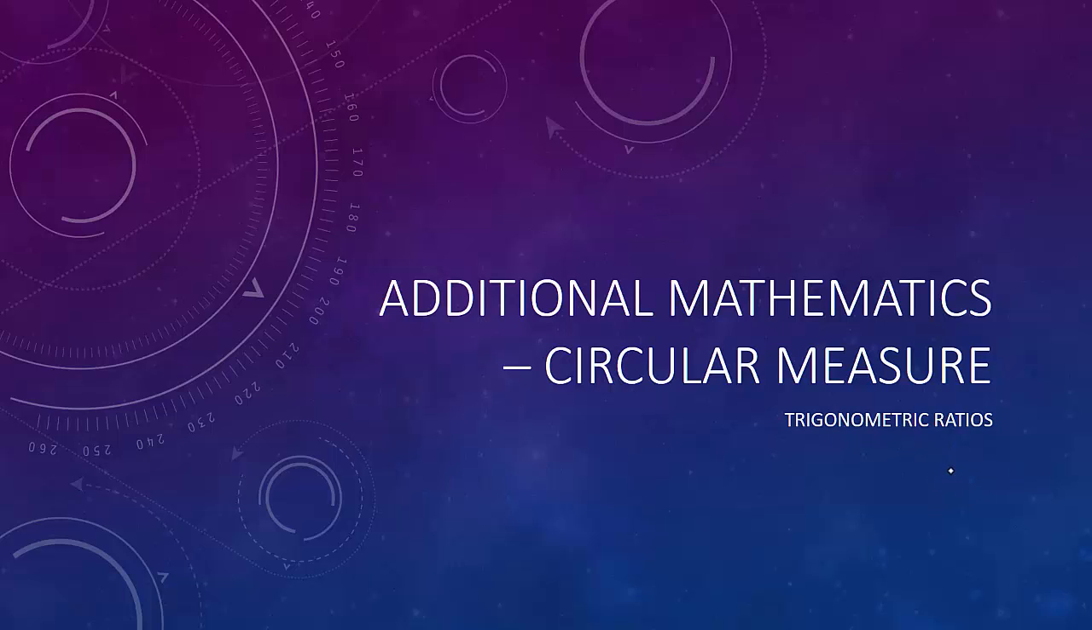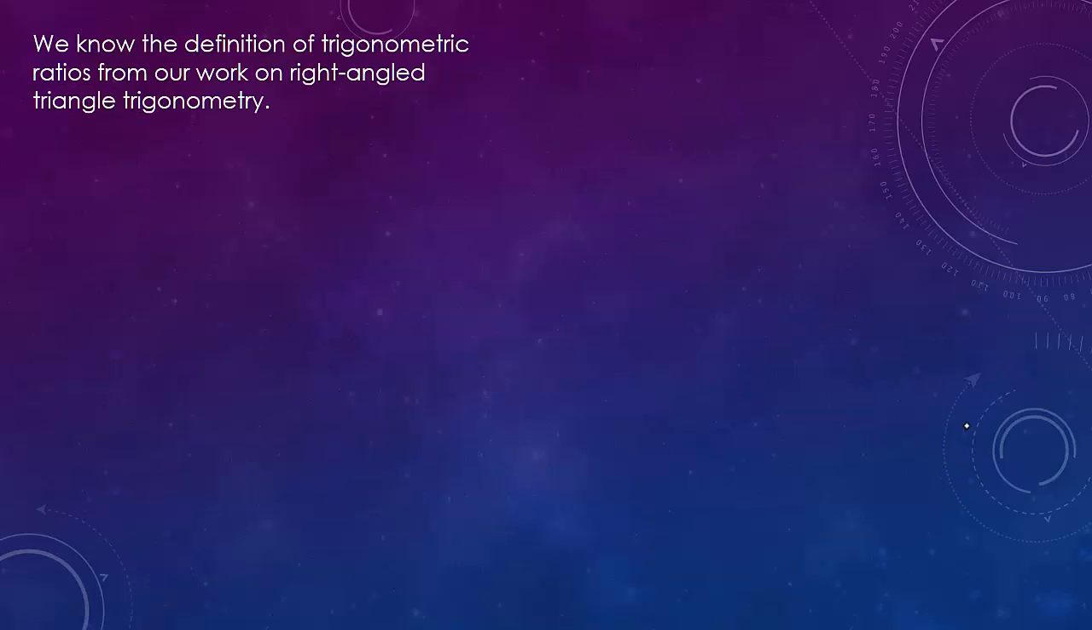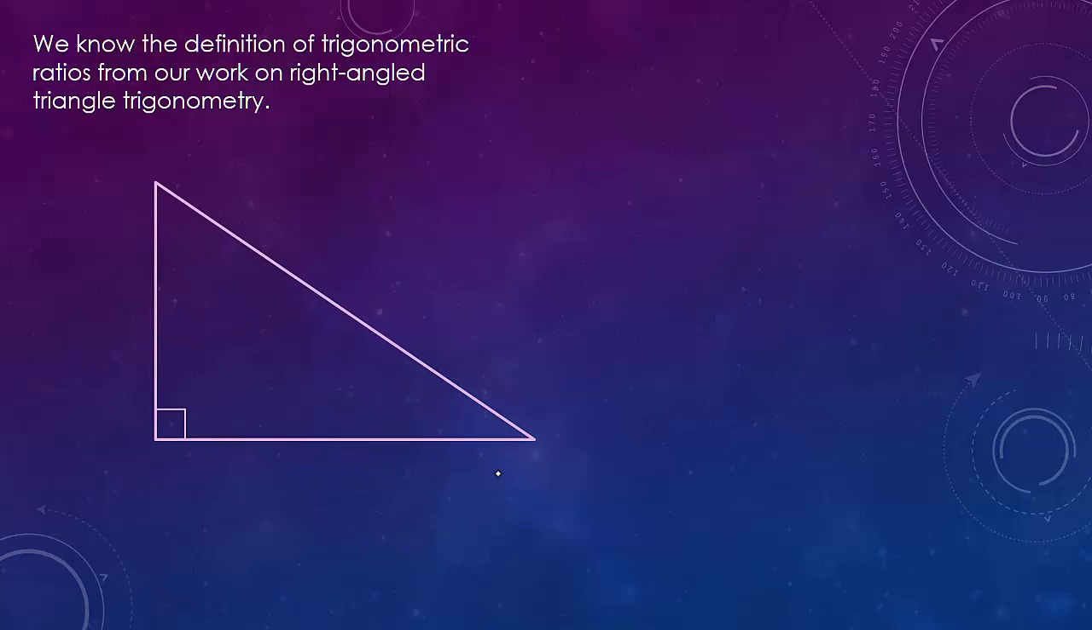Trigonometric ratios. We know the definition of trigonometric ratios from our work on right-angled triangle trigonometry. So if I have a right-angled triangle and I'm considering this angle here, which I'll call theta,